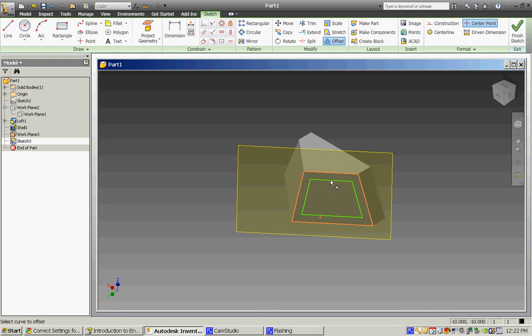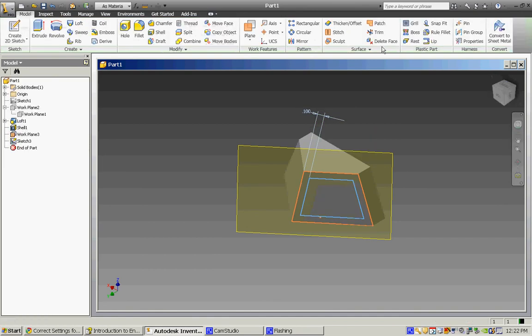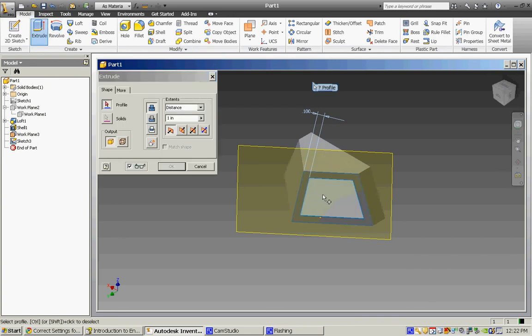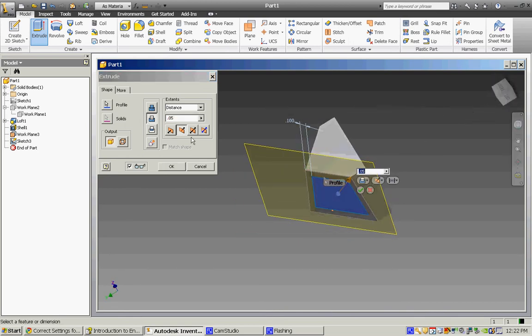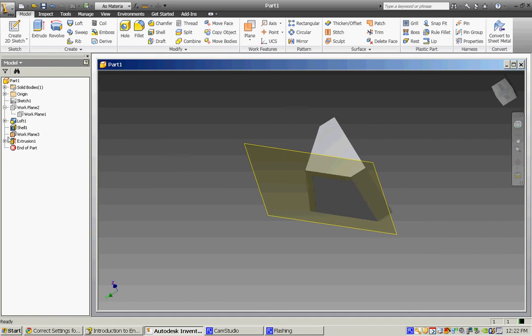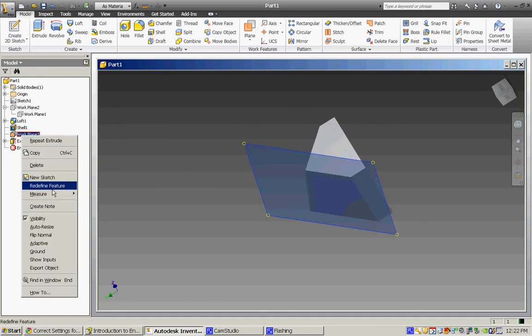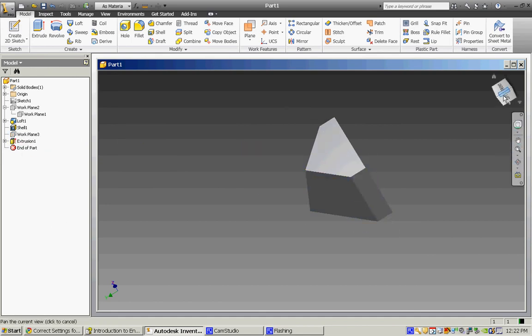Finish the sketch, extrude that surface. We're going to cut it at 0.05 and hit OK. I'm going to turn off my work plane to see if we can see it any better. And it's really hard to see, but you can kind of make out that little ledge right there. Alright, you can do it to both sides. Now let's take a look at the back,